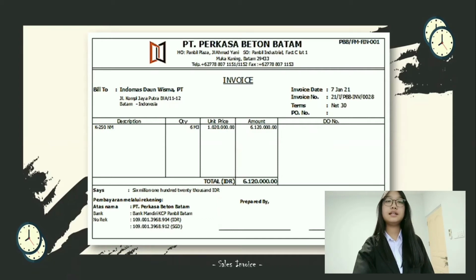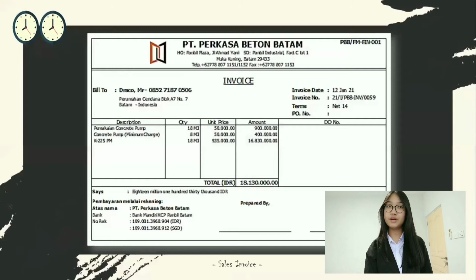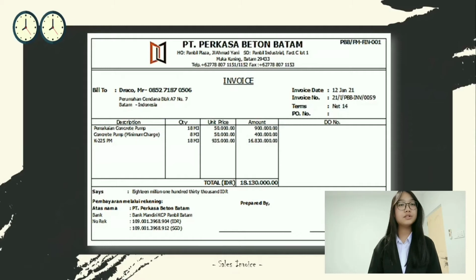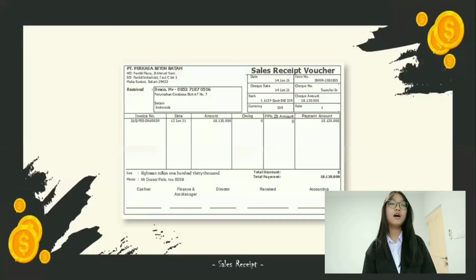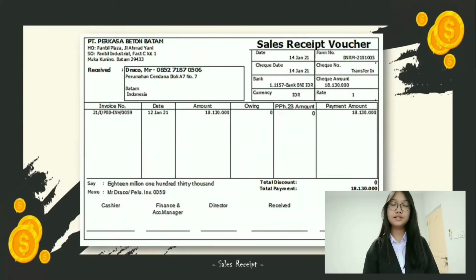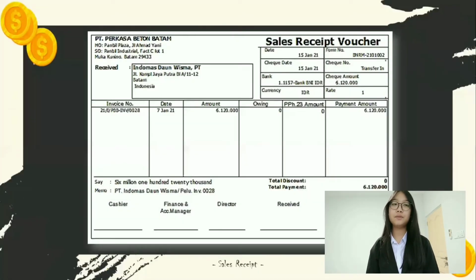The next picture is also a sales invoice, but it belongs to Mr. Draco. On January 12, 2021, it also has a term that is net 14 and the value is 18,130,000. The third picture is a sales receipt from Mr. Draco on January 14, 2021, amounting to 18,130,000. And the last picture is also a sales receipt, but it's from Indomas Daun Wisma on January 15, 2021, amounting to